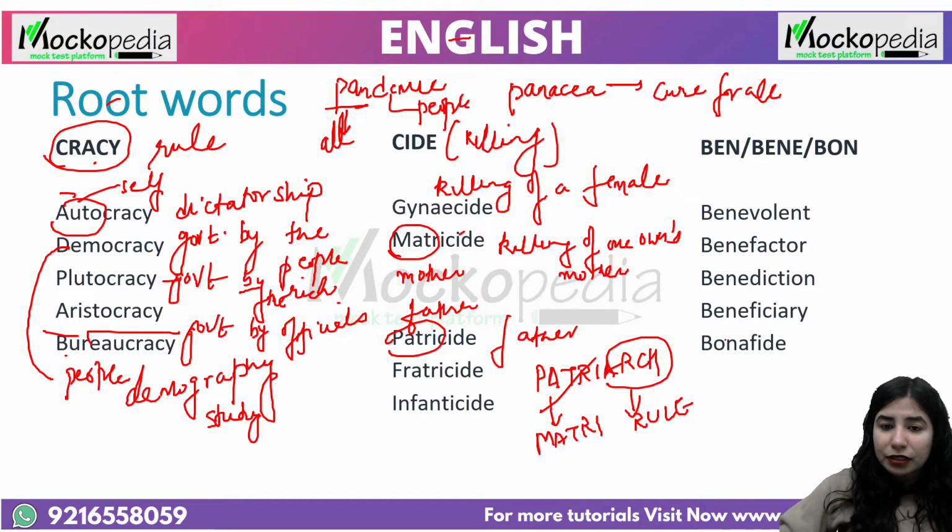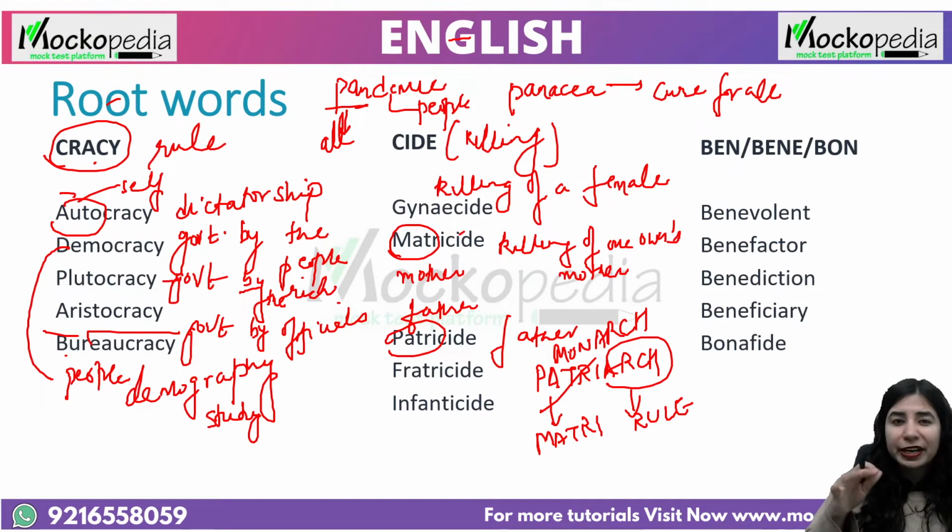Or we can learn another word, monarch. I'm sure you know mono from variables and polynomials, monomials, binomials. These terms you have encountered in your maths and junior classes. So mono means single, right? Monochrome, right? Monochrome or polychrome. So mono is single, arch is rule. So monarch is where there's a single king ruling. That's how you have learned so many words, right? Matriarch, patriarch, monarch, patricide, matricide.